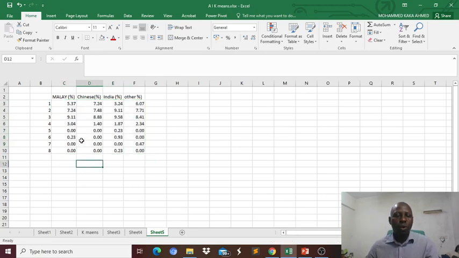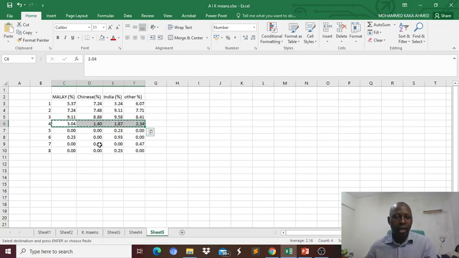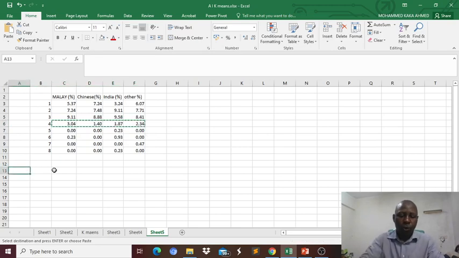The next one we want to find, in this case, is one element chosen randomly. So I will choose number 4 here, which I will name as first center 1. So I will name it as center 1